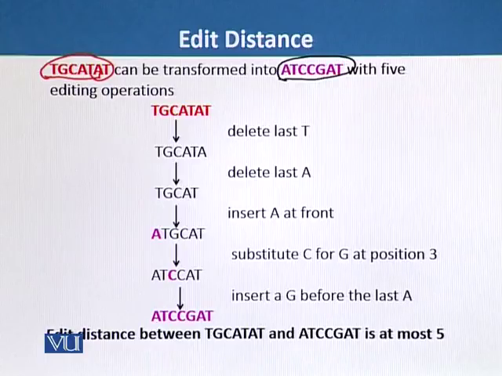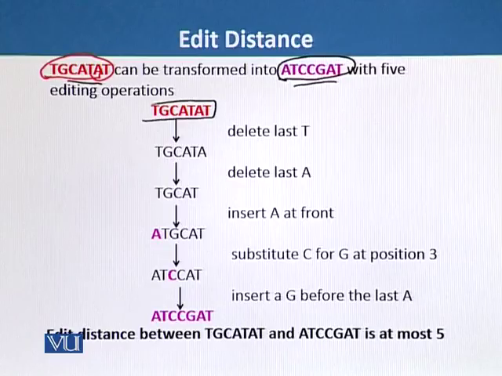And in order to convert this sequence into this sequence, we will use 5 editing operations. So first we will write the sequence of the DNA, that is this sequence, and the first step will be we will delete the last T. So the last T is this one, so we will delete the last T and we will come up with